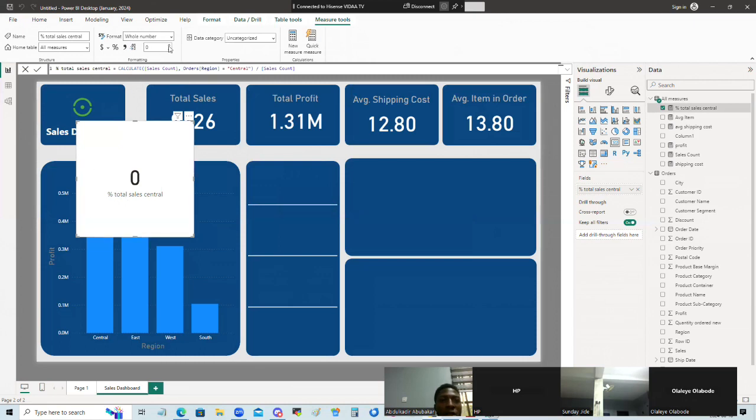Zero. Why is it 0? Let me make it 2 decimal places. I'm coming. 1 decimal. Mathematically calculate this thing. I don't think it's right. Because you still,